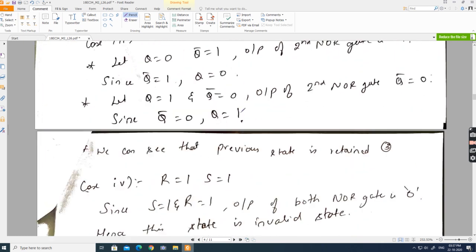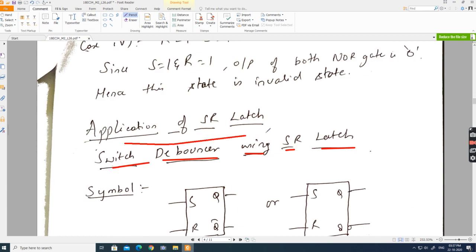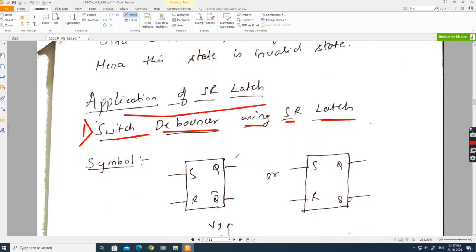So, look here, the first application of the SR latch is the switch debouncer. Switch debouncer using the SR latch. I am using the symbol of the SR latch here. Another symbol is that I will write Q, and here also I'll write Q only, but with a bubble. Both are same or different? Same. First I am writing Q and Q bar, and in the second Q and Q only, but with a bubble. Yes, sir. I can use either this symbol or this symbol, whichever is comfortable.